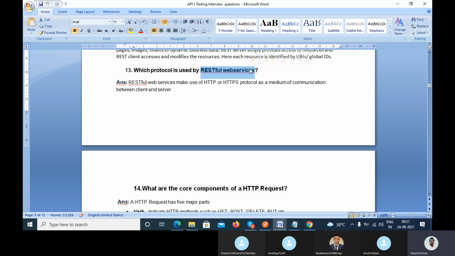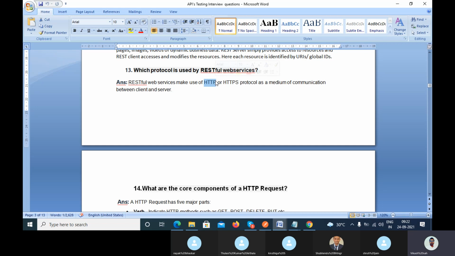Because in real time, every company uses the secure protocol. They will cross-check that, whether you have worked on the HTTP or not. So you can say, no, I have not got a chance to work on that particular protocol. I have worked on HTTPS, the secure protocol, but I know what the difference is. You can represent it like that.